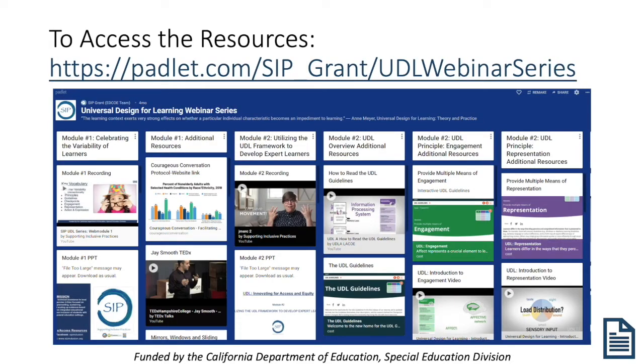To accompany this presentation, you have a Padlet wall available to you, which is a bulletin board of resources that can be accessed to deepen your knowledge of universal design for learning. The Padlet wall can be accessed at the link on the slide. All of the resources referenced, along with the recording, PowerPoint, and processing guide, can be found on the Padlet. This Padlet also houses a 3-part webinar series on UDL that takes a deeper dive into the key concepts introduced in this session. Simply click the resources you would like to download, follow the prompts, and look for it in